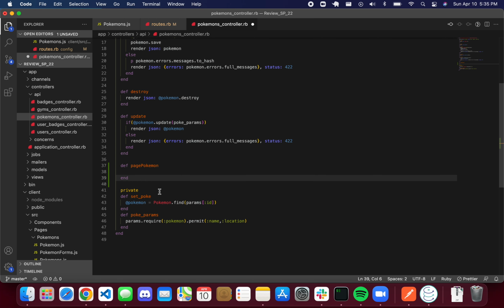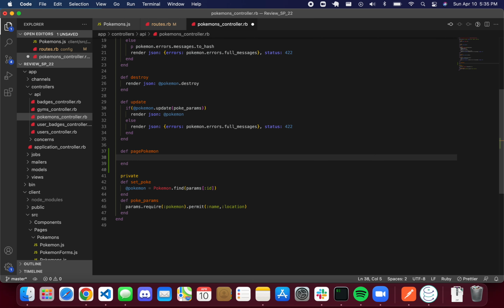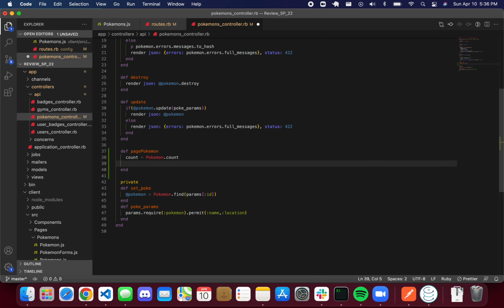So with our pagination, we're just gonna do a count equal to Pokemon.count, and this will give us back a number of how many Pokemons we have. And then we're gonna do render json because we're gonna send back JavaScript objects. And in here we're gonna have our pokemons,